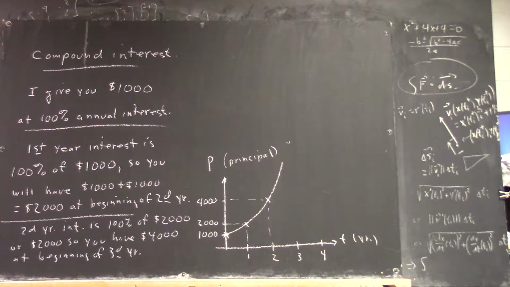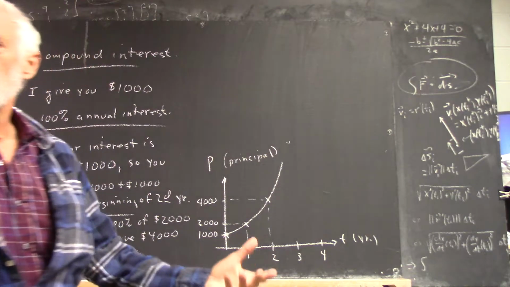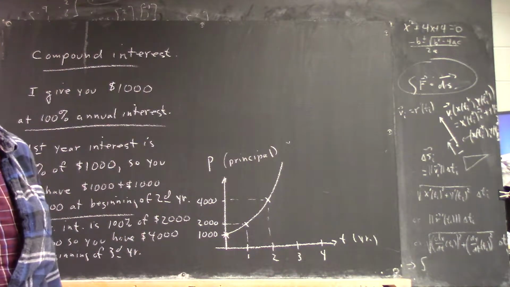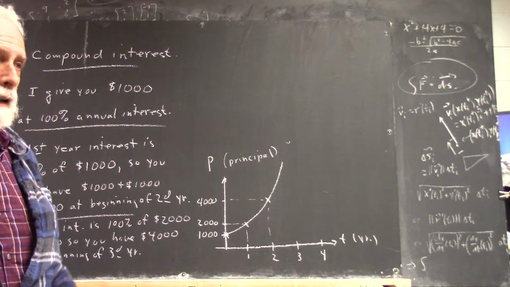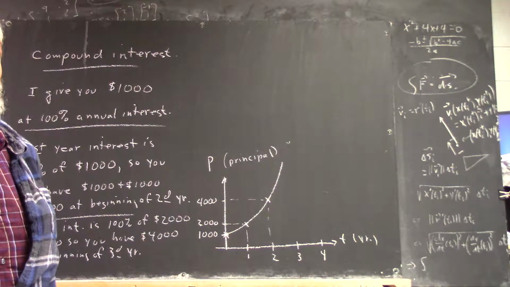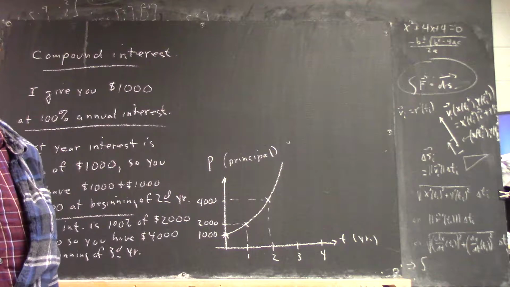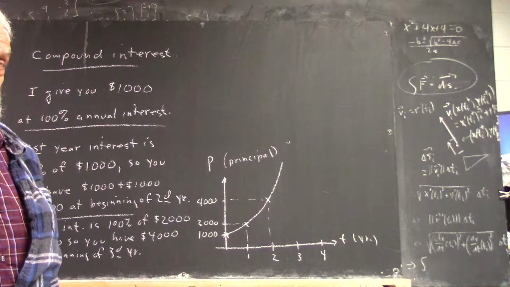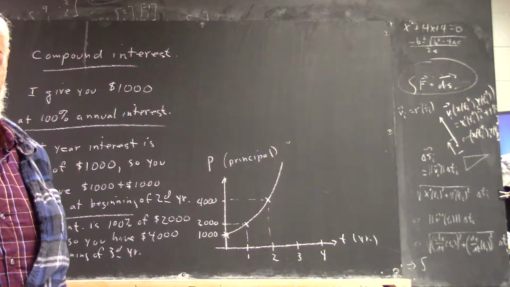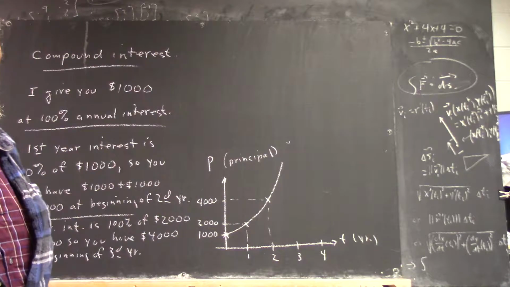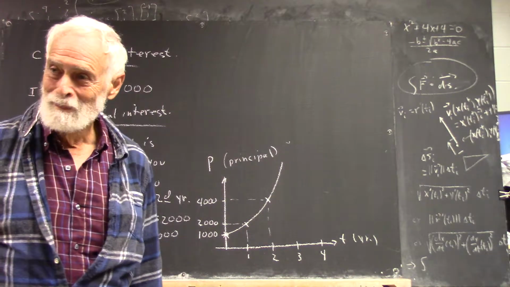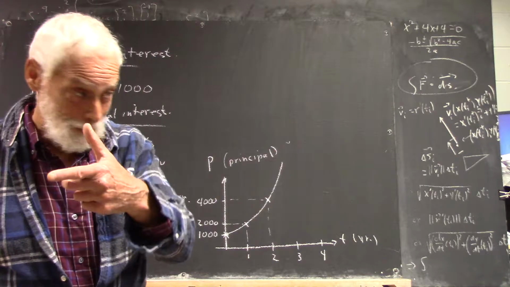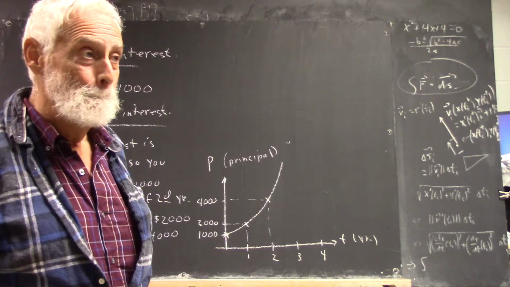Okay. Well, that's pretty generous of me, don't you think? You got me in a good mood today. I'm gonna let you compound that interest twice a year. Okay? 100% twice a year. No. I'm not that generous. And neither are banks. And neither are lending institutions, okay? So 50% twice a year. Because you just split it in half. Well, let's see how it works.